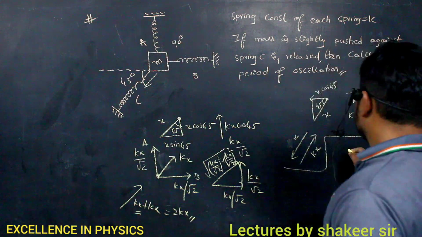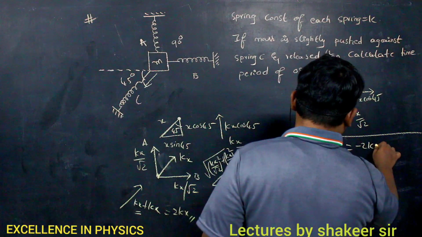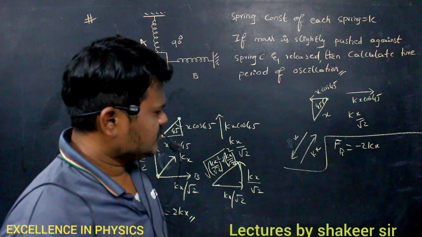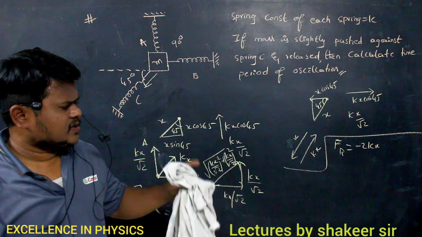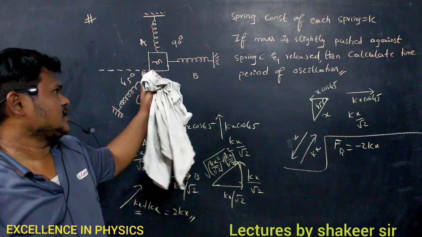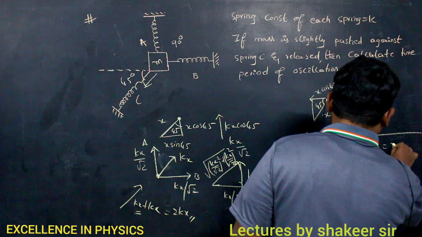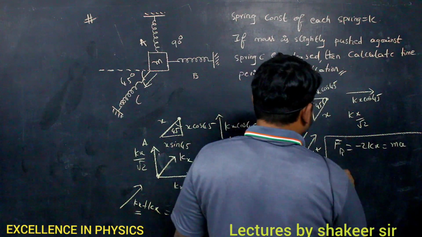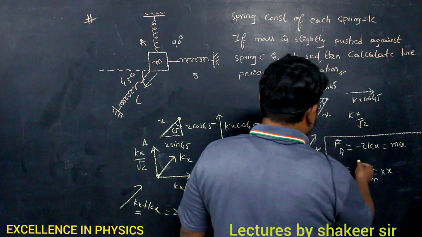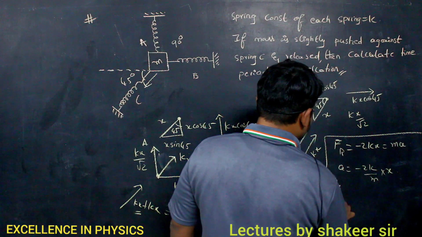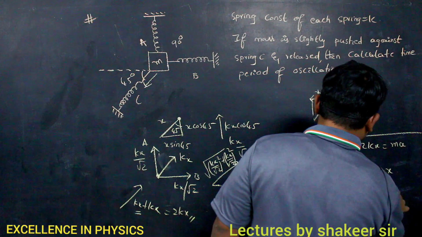So therefore the restoring force produced will be minus 2k into x. Clear? Because restoring force is in the opposite direction to the displacement, so we are representing it by a minus symbol. And this restoring force is the only force which is acting on mass m, so that restoring force will become the net force. And what is net force? Net force is nothing but mass into acceleration. So therefore acceleration a can be written as minus 2k by m into x. Acceleration can be written as d square x by dt square. Plus 2k by m into x, so totally it should be equal to 0.